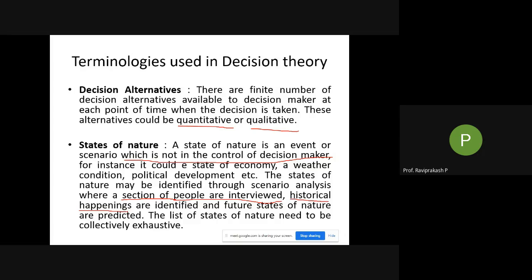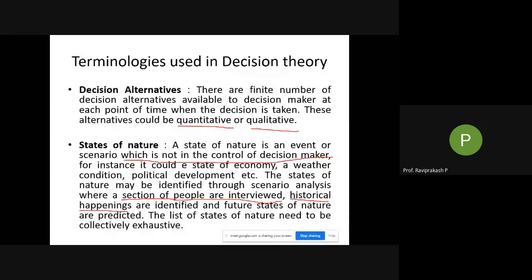Like for example, if a particular election is there, who are the parties, and based on the historical things, like how much work has been done by the present party, or whether the people have the mindset of changing the government. Based on these historical happenings, further steps will be taken. A decision will be made on how to campaign, where to campaign, who would be the person standing for the election from that particular place. So these are the historical happenings taken into consideration for taking the decision.